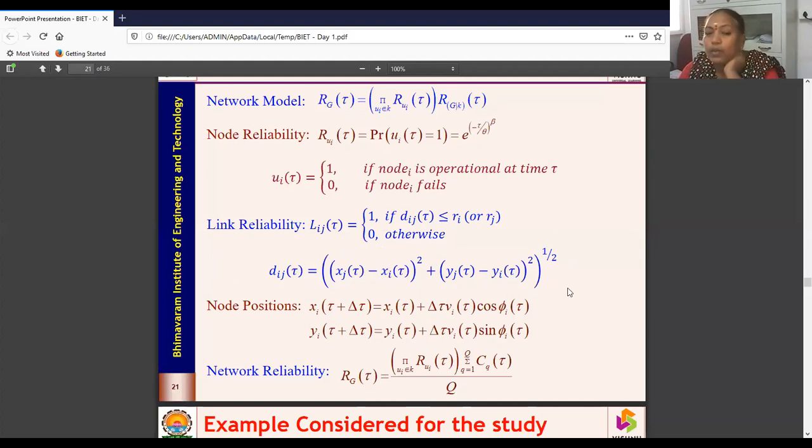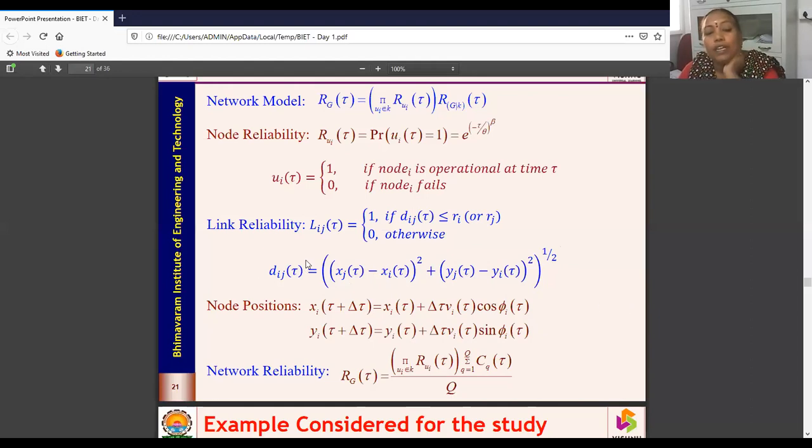When I say two-dimensional, we are considering 2 points, say nodes Ni and Nj. Ni will have the location xi and yi, and Nj will have the location xj and yj. So we know how to calculate the distance between the 2 points: xj of tau minus xi of tau the whole square plus yj of tau minus yi of tau the whole square, to the power of 1/2, or you can say the square root of this value.